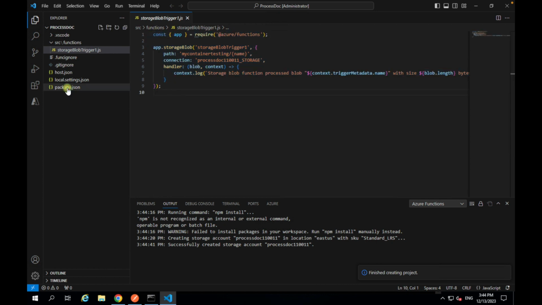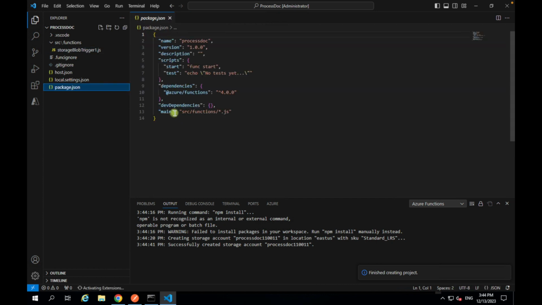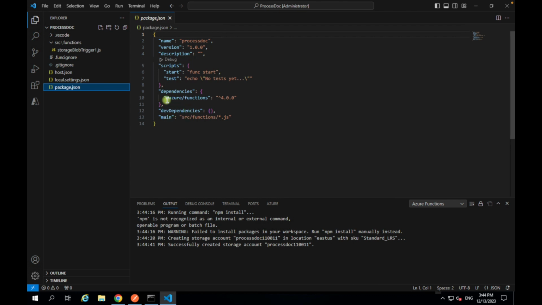So let's go look at the package.json. You can see it has basically installed one of the dependencies, which is the Azure functions. But along with that, there are a couple of other dependencies that we need to install, and I'll just show you which one it is. If you go to the terminal,